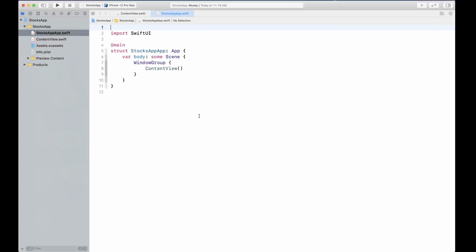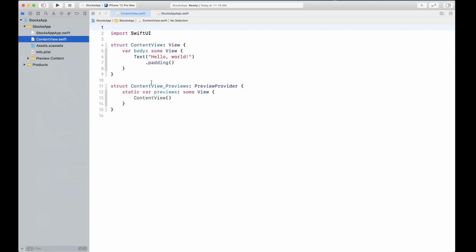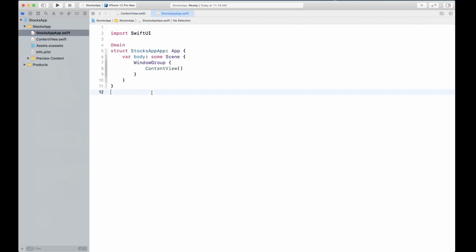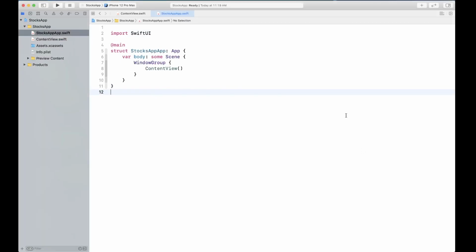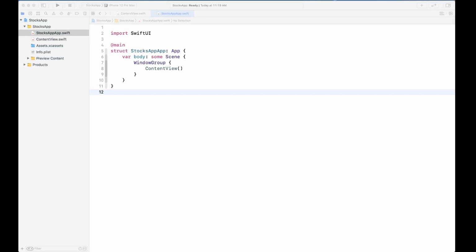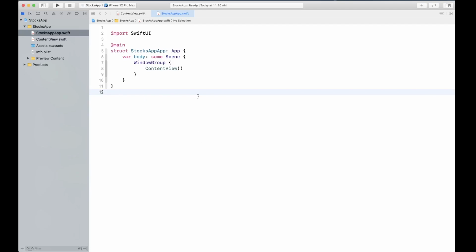All right, so what I've got is an empty project that I've created, and in this project there is nothing, so we're going to start from scratch. Okay, so what we're going to do basically is first set up our folder structure, and then we are going to start coding up our app. Because we have a rather large app, I want to divide the folder structure into features.